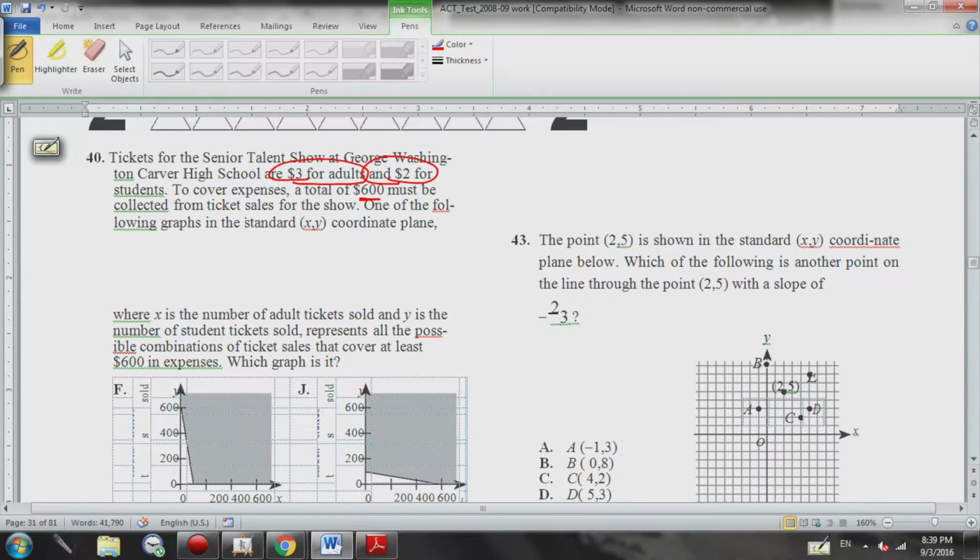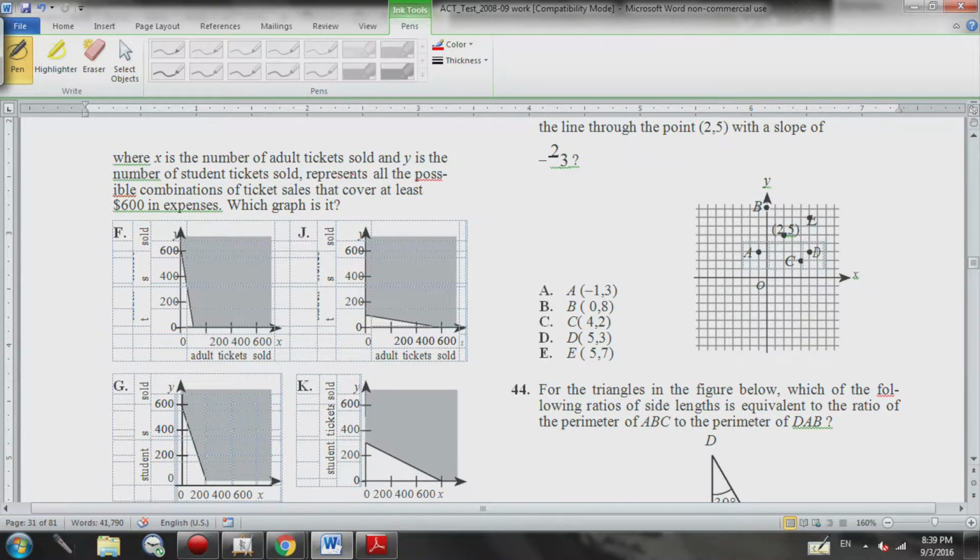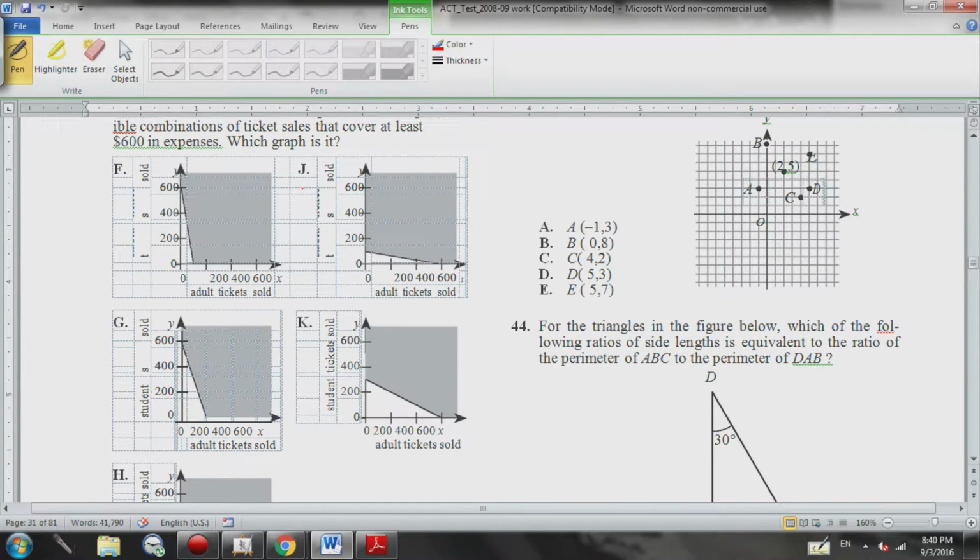One of the following graphs in the standard XY coordinate plane, which one of these, where X is the number of adult tickets and Y is the number of student tickets, represents all possible combinations of ticket sales that cover at least this much in expenses? Which graph is it? Well, this is what they're saying. It says $3 for adults and $2 for students. They have to make at least